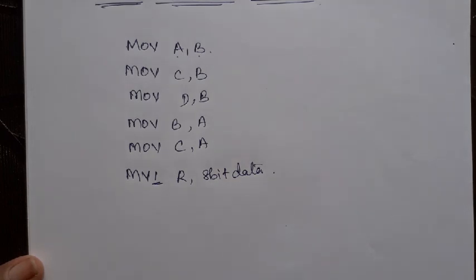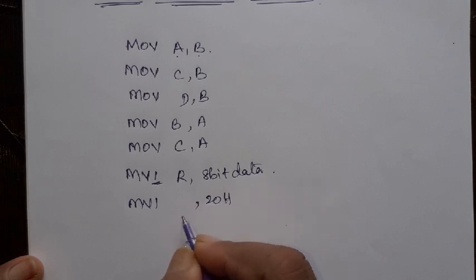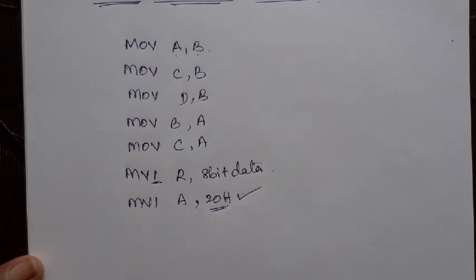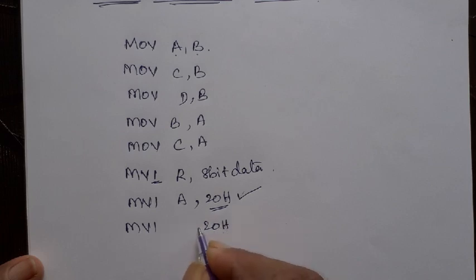So what all can we have here? MVI A, 20H. This is 8-bit data to A. With the execution of this instruction, 20H will be loaded to the accumulator. In the same way, all registers will have this. Like I can say 20H to B register, to C register, D register, all the registers. So this is immediate addressing, where 8-bit data is moved, copied, or transferred to the registers present